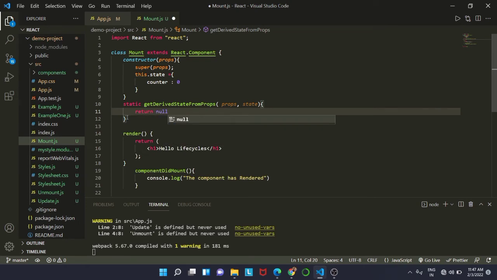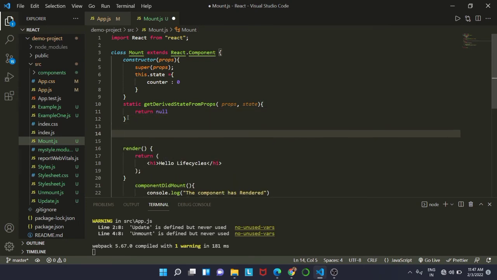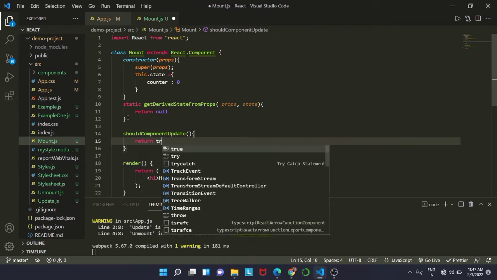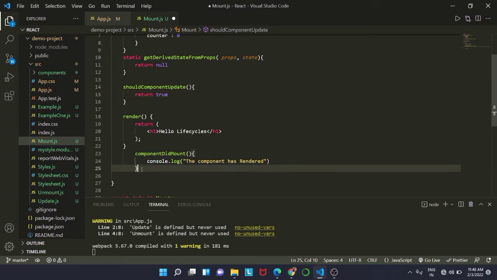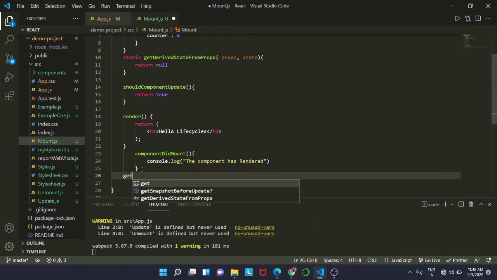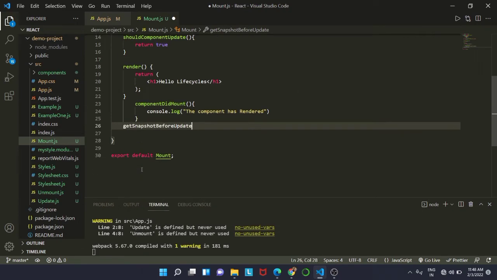So first, we are going to add the static getDerivedStateFromProps, as we have already defined that, and we will need that here also in the update phase. Next, we are going to add the shouldComponentUpdate method and return true inside that. We will also have a render method inside it that we already have, and at the end we will add a